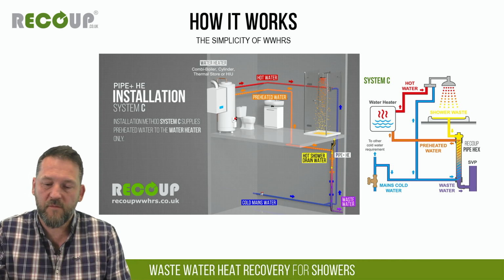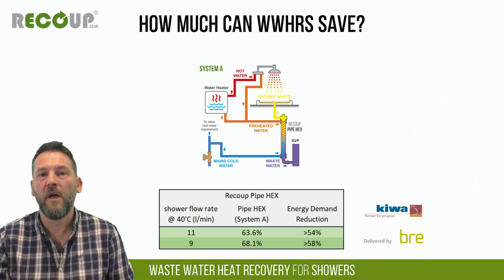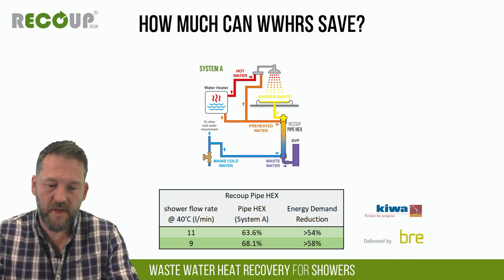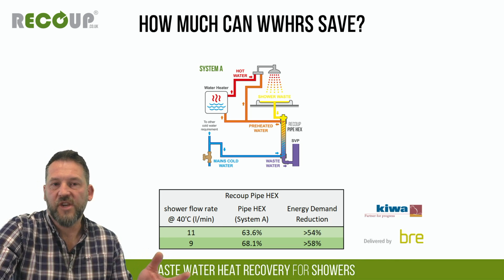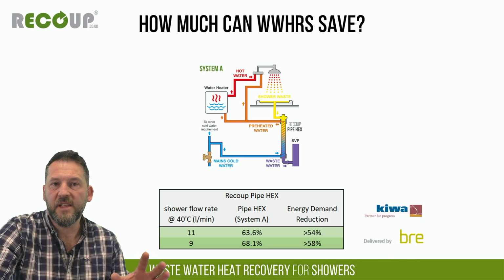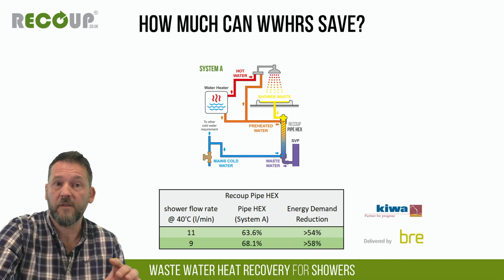So System C is normally used on townhouses in residential. So just to qualify the savings in a bit more detail, standard UK shower flow rates are around 11 to 9 litres per minute. It's worth mentioning that under new SAP, specifiers can specify flow rate for showers, and certainly wastewater heat recovery works